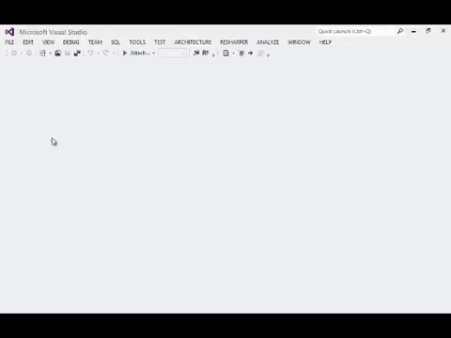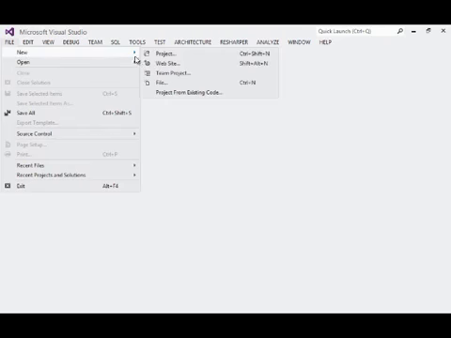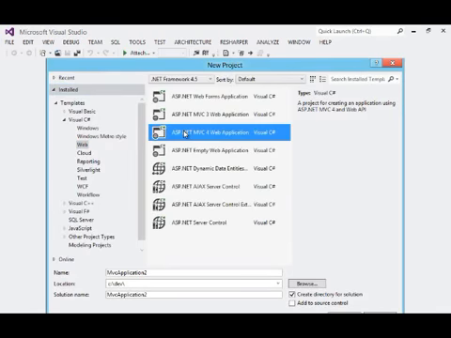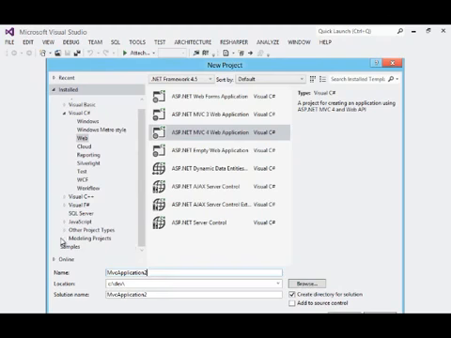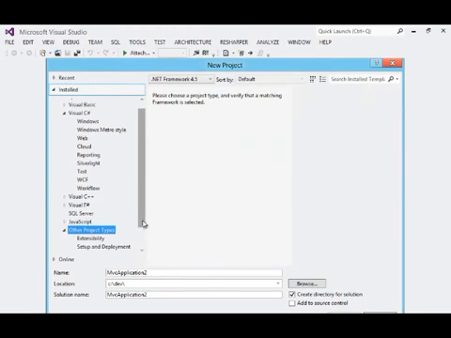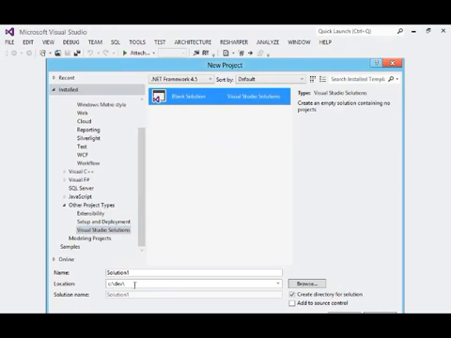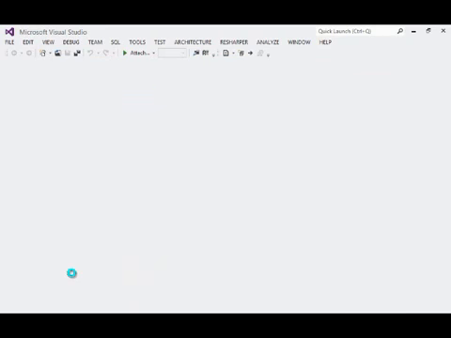One way to get started with ASP.NET MVC 4 after you install it is just to say File, New Project, select the ASP.NET MVC 4 Web Application Project template, give it a name, click OK, and you're off and running. I'm going to do something slightly different just to show you what the possibilities are. Under Other Project Types, Visual Studio Solutions, I want to start with a blank solution actually. And I'm going to call this Solution eManager, or Employee Manager, Electronic Manager, however you want to think of it. And now if I open the Solution Explorer window,